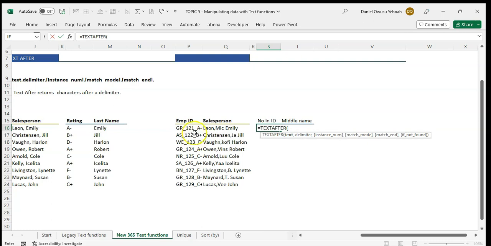When you do text after, select this. My delimiter is going to be the underscore like this, right? And then I'm going to do text before. So I'm going to select this text before, and then this entire thing is going to be my text now. So I'll bring a comma after this. So this result becomes my text now, and then underscore again like that,